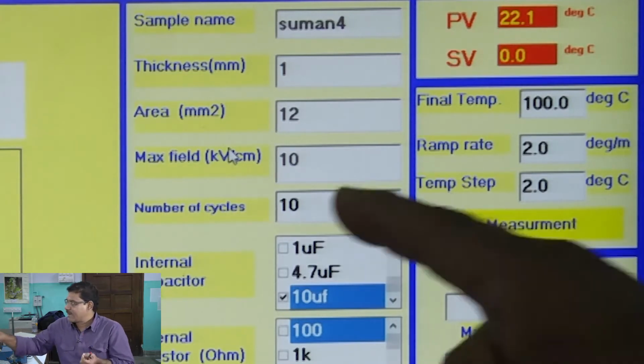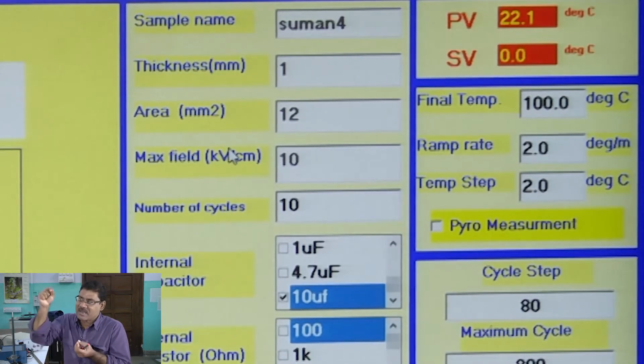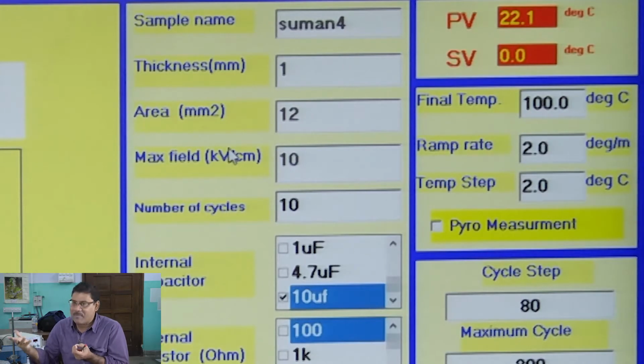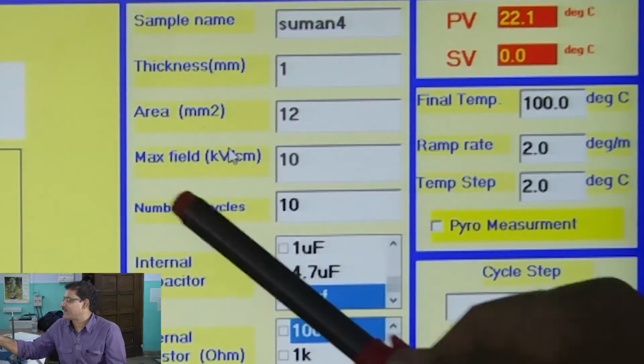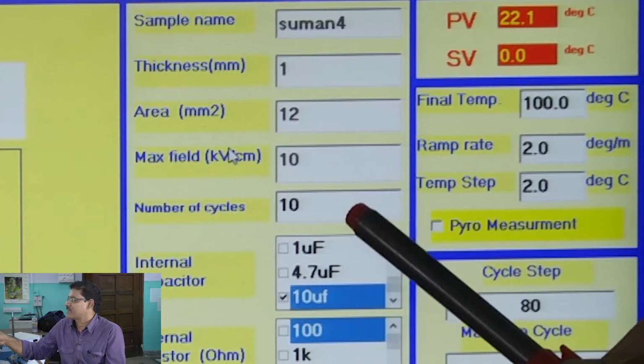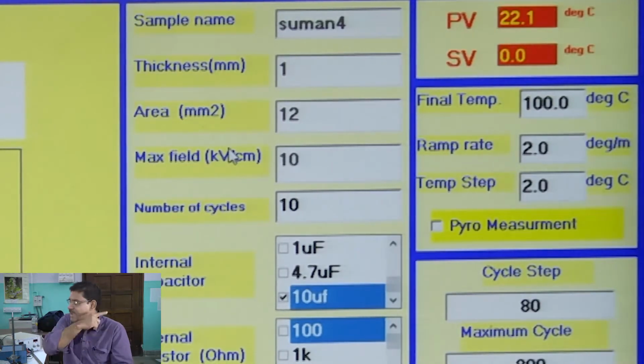Here, the number of cycles means I am telling the program to measure this loop 10 times, then take the average and plot. That is the meaning of the number of cycles. Here you can also see the ramp rate for temperature.